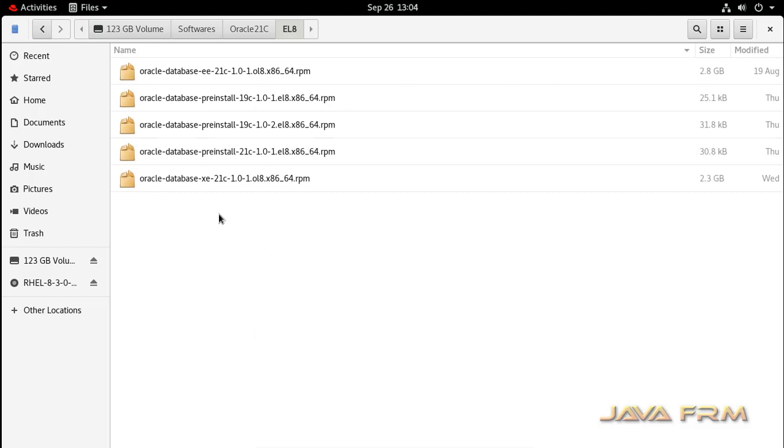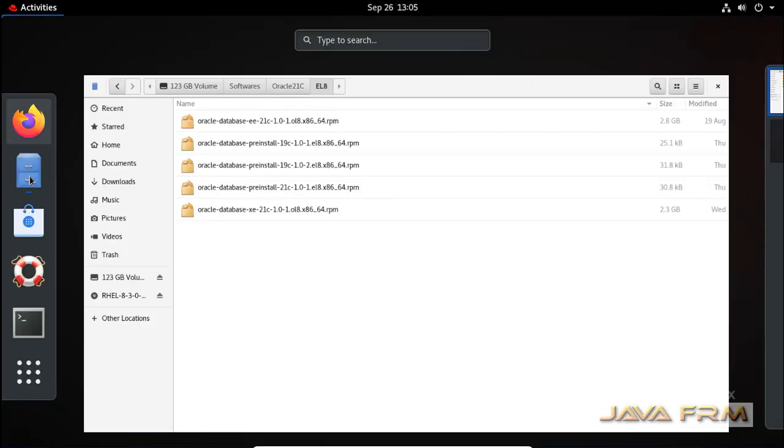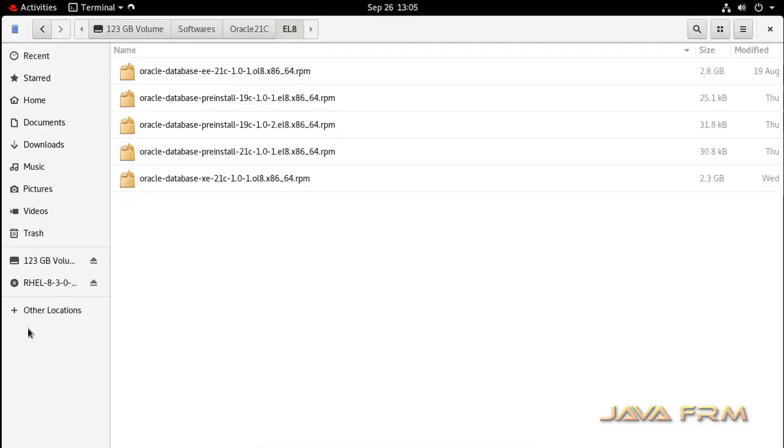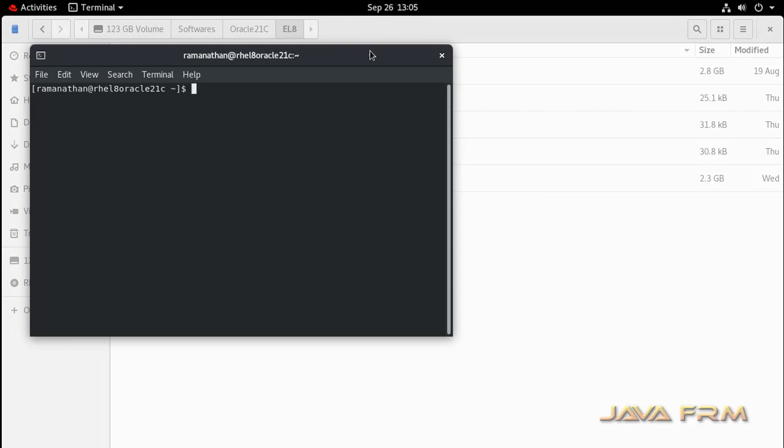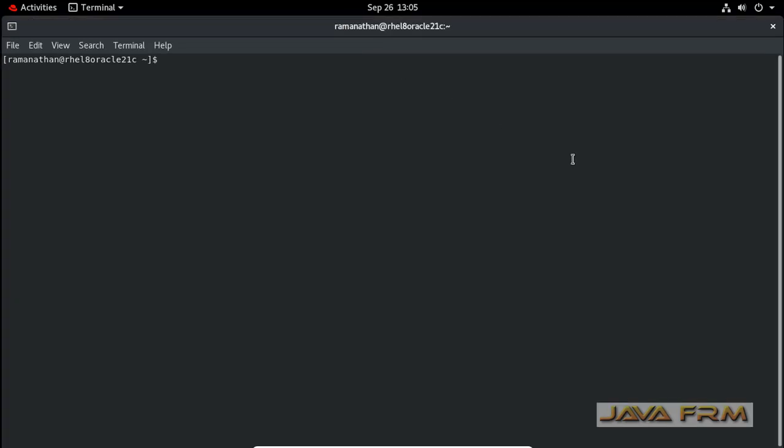One is the pre-install RPM, another one is the database XE 21c RPM. So 2 RPMs are needed to install Oracle Database 21c Express Edition. First we are going to install the Oracle Database pre-install. This pre-install 21c RPM will install the required settings for the Oracle Database Express Edition.